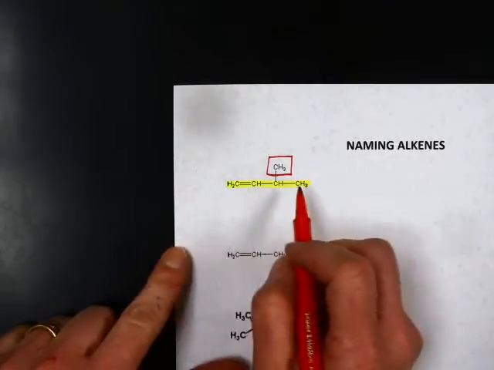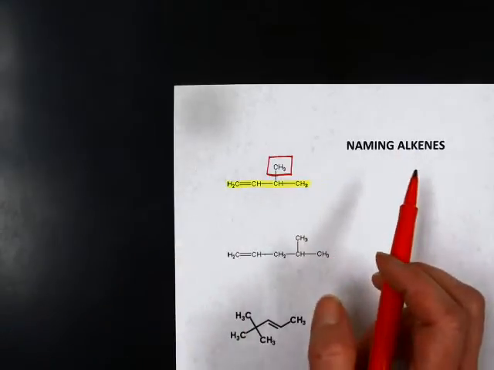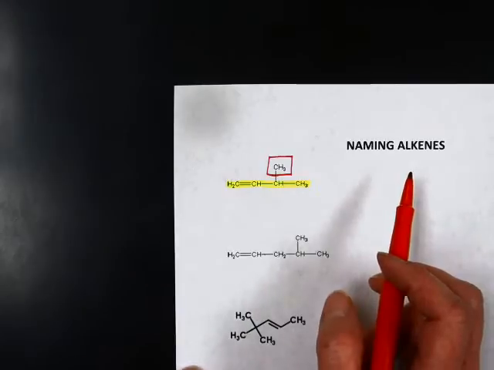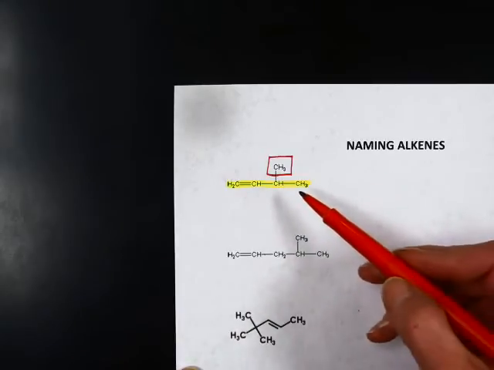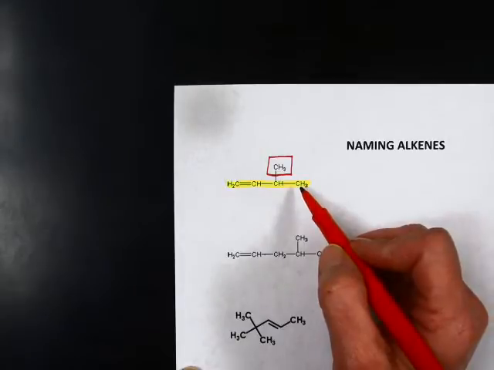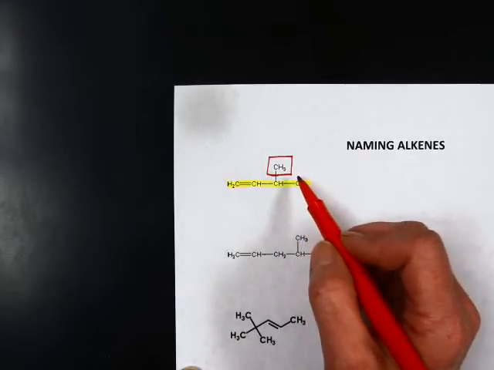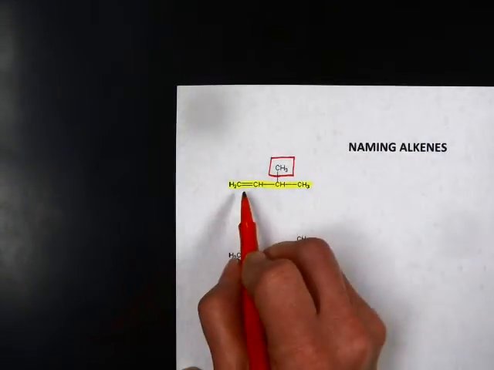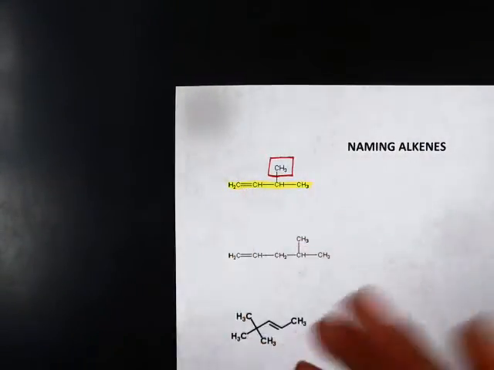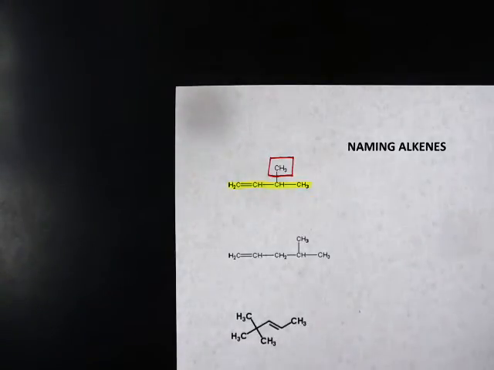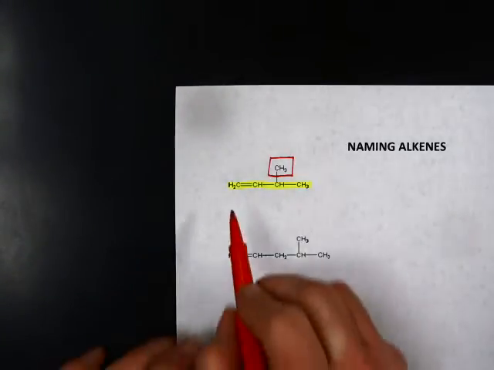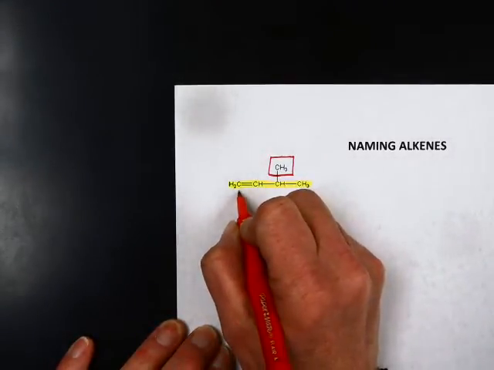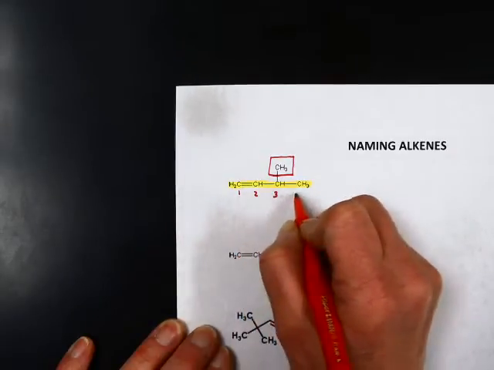Here's our first possibly confusing example. We've been saying number closest to the action. You'll have to decide what's more exciting, what's more action: a methyl group sticking off or an alkene. Alkenes are more exciting. They just are. Alkenes are a higher priority. They're more interesting. However you'd like to think about it, alkenes are named by numbering closest to the double bond. Closest to the double bond.